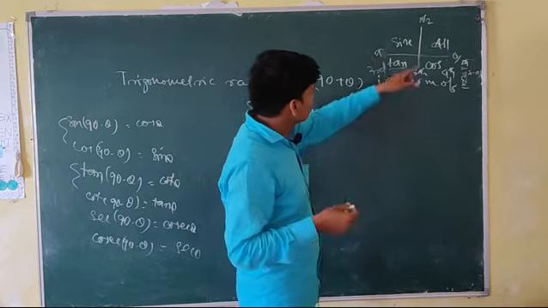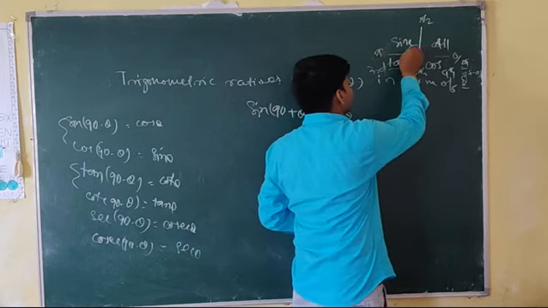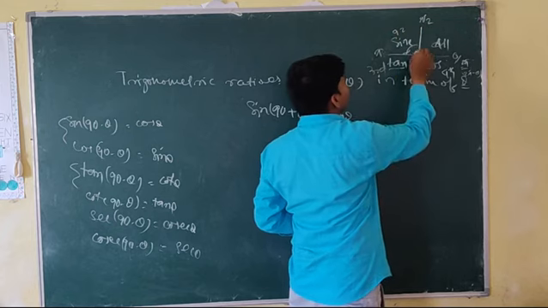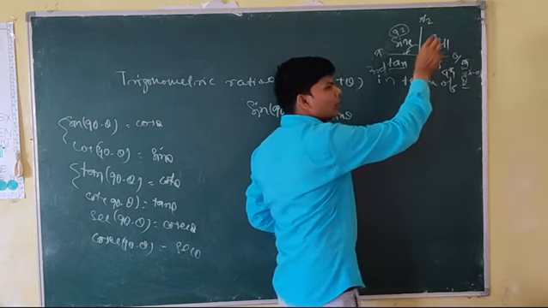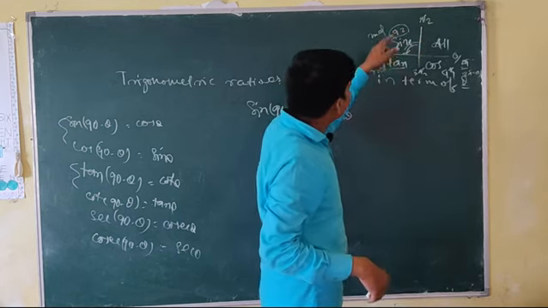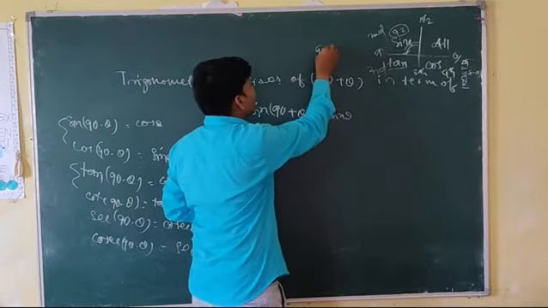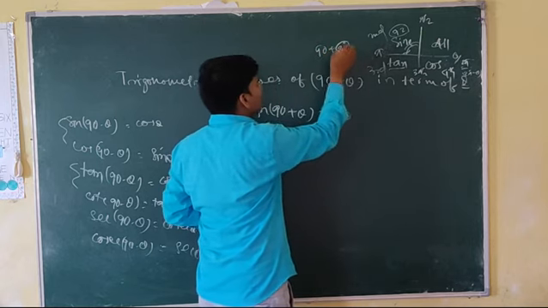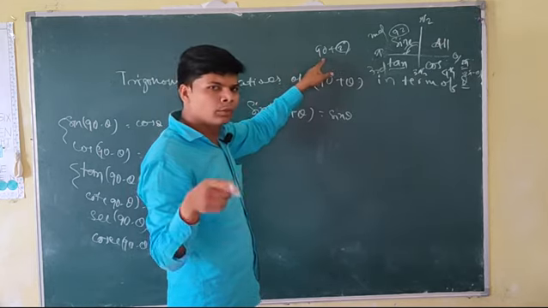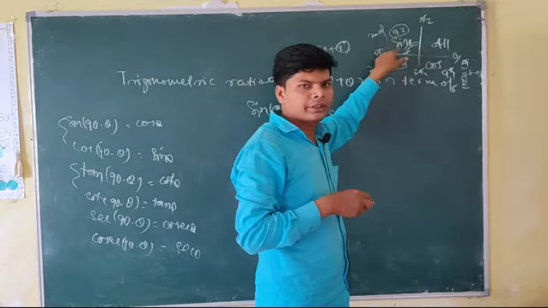See here, this is 90 degrees. Here this point is what? 90 plus theta. I can say 92 degrees. This 92 degrees belongs to the second quadrant. Why? Because 90 plus 2 degrees. As we add 2 to 90, the whole measurement of the angle comes in the second quadrant.